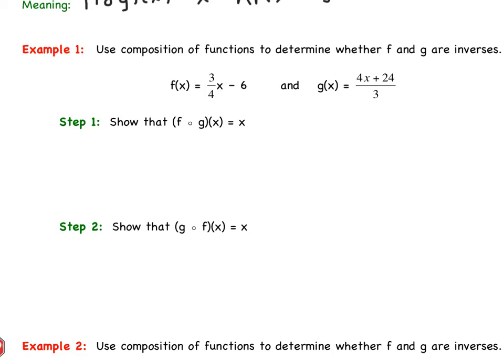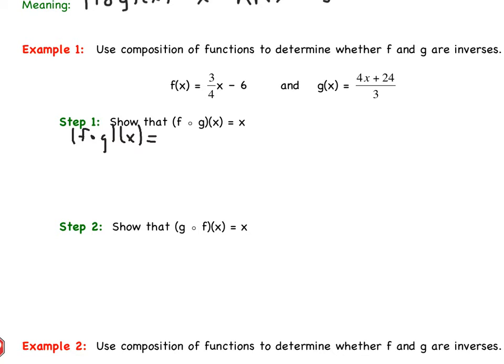Take a look at example 1. We're going to use the composition of functions to determine whether f and g are inverses. Step 1 is to show that f of g of x equals x. Basically, what I'm going to do here is take function g and plug it into x for our f of x function. I'll show you what I mean. So we have f of g of x